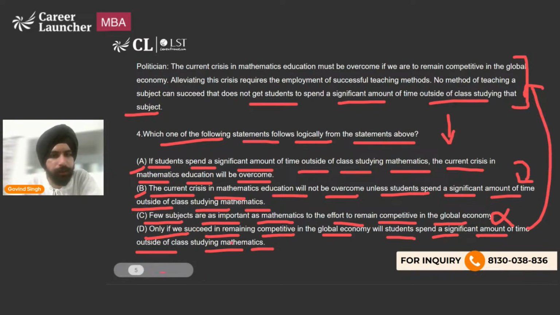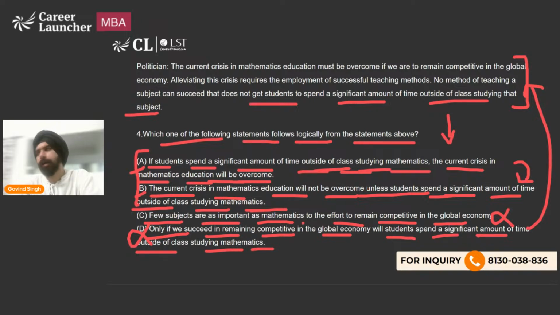This is just reiterating in a reverse manner. So, this definitely would not be a right option. Now, it comes down to A and B. ए इज सेइंग कि सिग्निफिकेंट टाइम अगर बच्चे मैथ्स पे स्पेंड कर रहे हैं तो मैथ एजुकेशन वाली प्रॉब्लम ओवरकम हो जाएगी और बी कह रहा है अगर सिग्निफिकेंट टाइम स्पेंड नहीं करते तो मैथ्स एजुकेशन प्रॉब्लम ओवरकम नहीं होगी